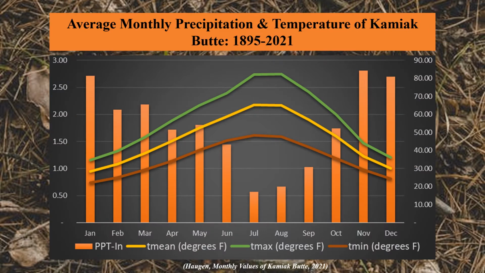As seen in the graph below, the average precipitation over the span of 126 years demonstrates a tendency to be higher during the winter months of November through January and lower during the summer months of July through September. In addition, signified by the yellow line in the graph, the average temperatures rise during the summer months and fall during the winter months. These tendencies of precipitation and temperatures are all characteristics of a marine modified continental climate.